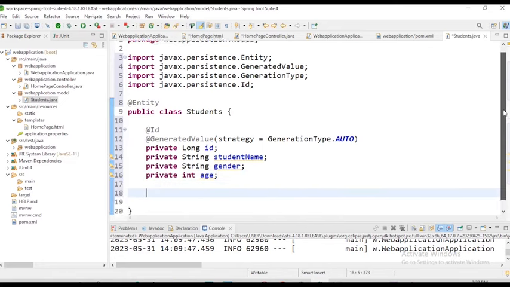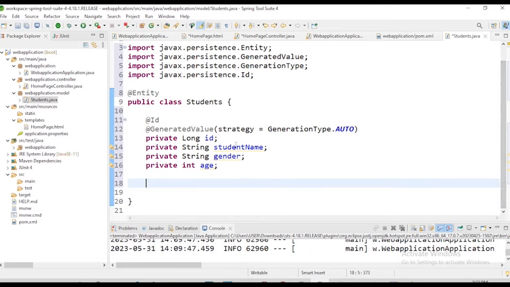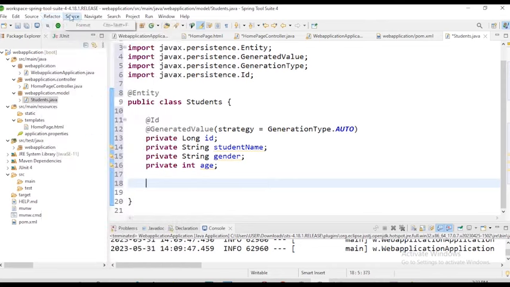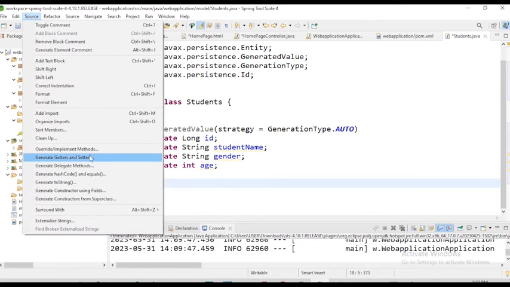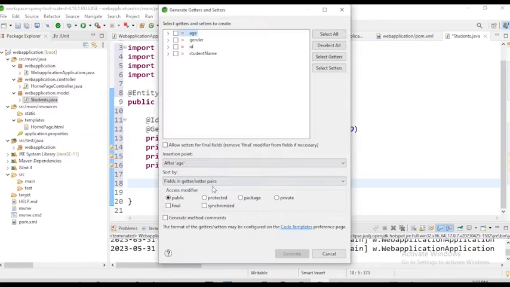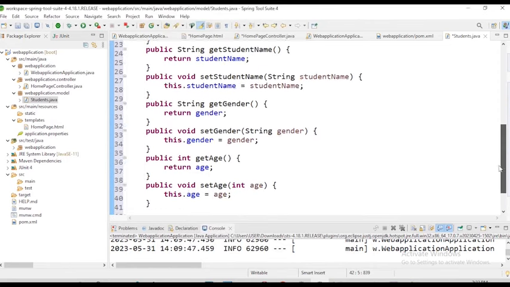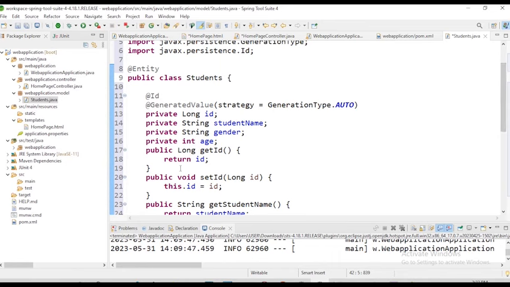So the next thing we will do is to create getters and setters. Let's generate getters and setters for all the fields. Okay, now that we are finished with this,